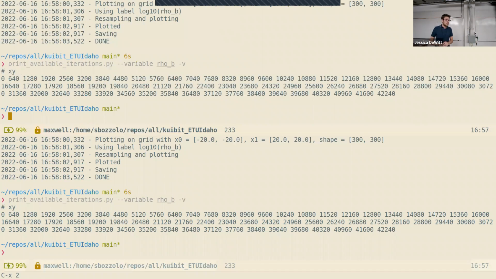Just a suggestion. Yes. For me, it would be nice if every single one of these scripts started with kuibit underscore, because otherwise it's kind of hard to, like, print available iterations. Yes, well, okay. I also don't want to type it every time. Right, yeah. And I like the tab completion. Alternatively, you could just say kuibit space and then it could populate with plot or whatever. Yes. But again, these are examples. You can do whatever you want with these examples. You can change all the names and put kuibit if you want to. Yeah, I forget that these are not something I'm supposed to keep using. No, you can use them, but